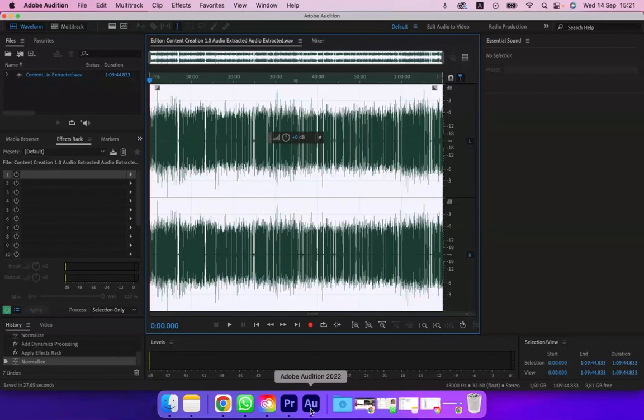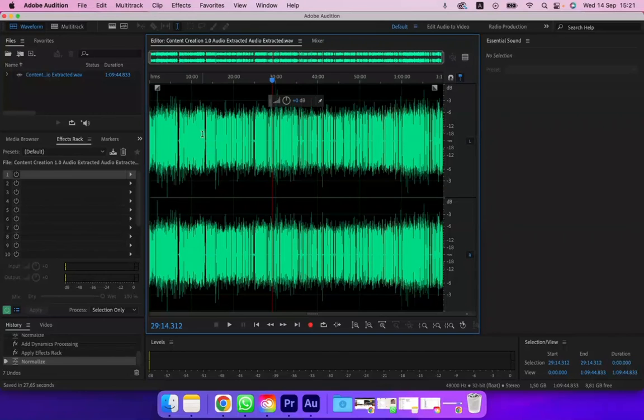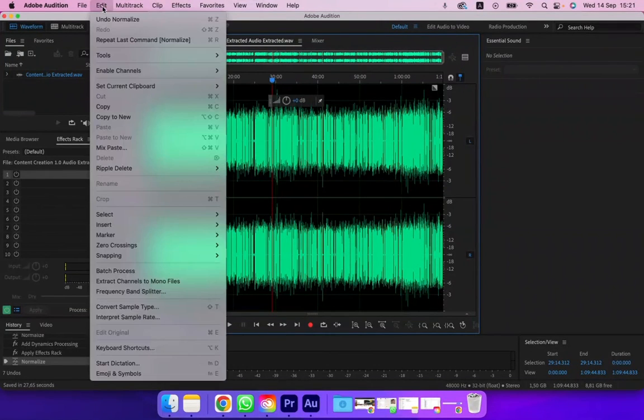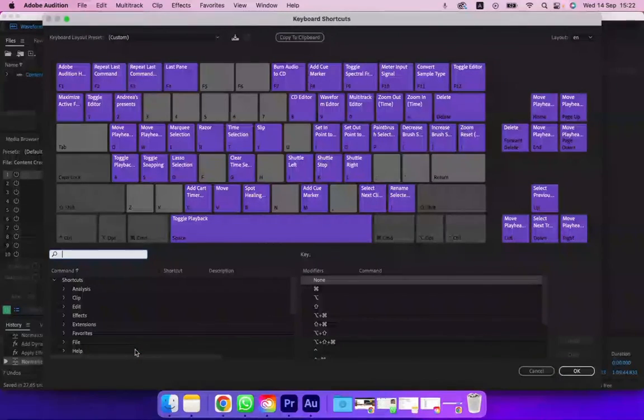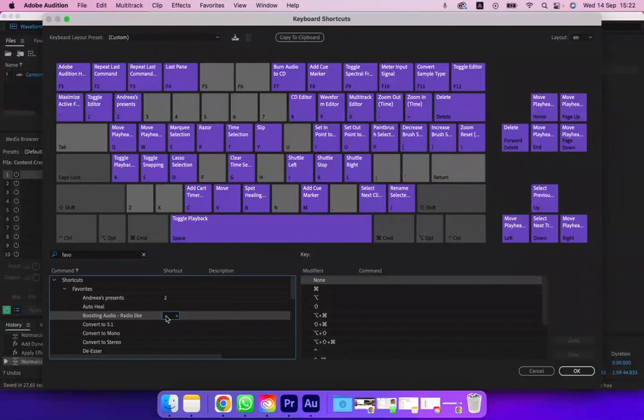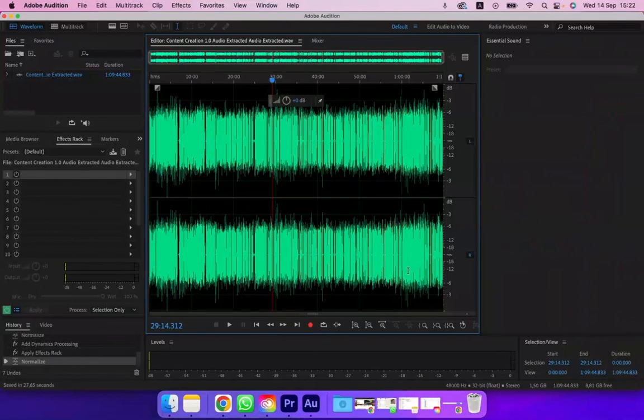So now how do we apply all these effects with only one button? We have to set it to one key. We go to Edit, then Keyboard Shortcuts, press your favorite, and this is my favorite, Boosting audio radio-like, and I set it to a button. Let's say that I save it to button 7. It's okay. And now every time I want to apply these effects to audio,